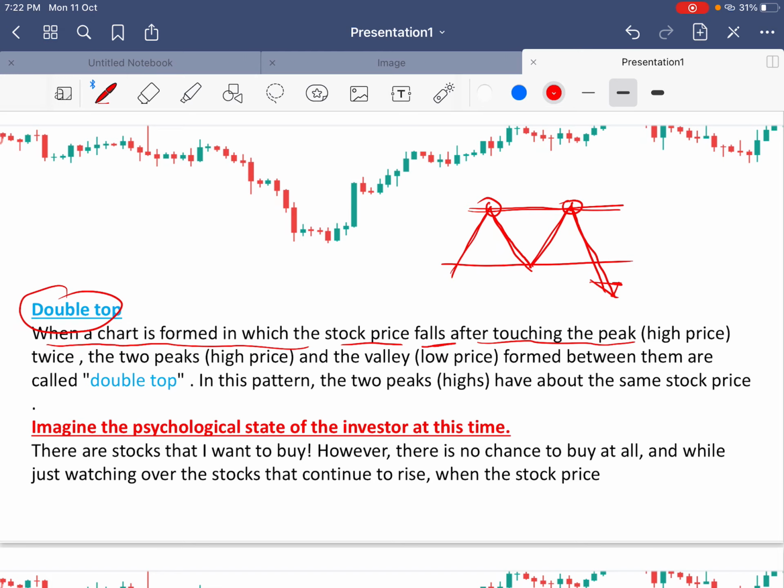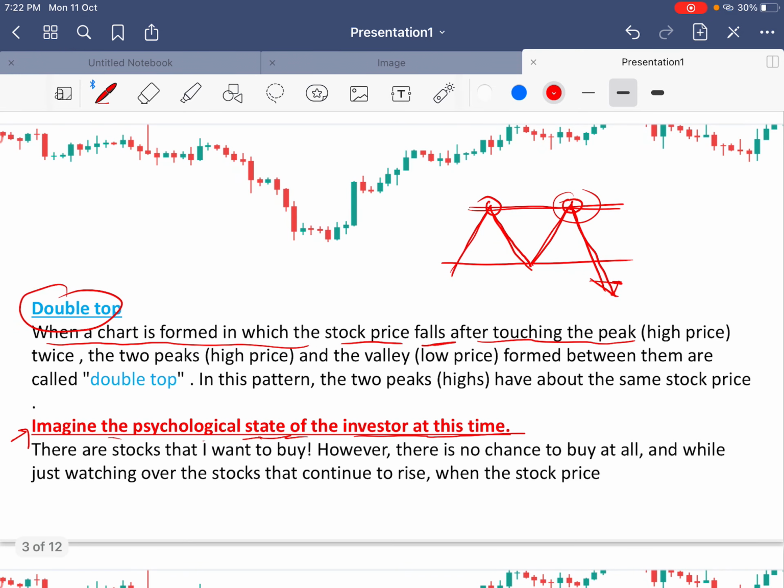What you have to remember here is, if you focus on this line, imagine the psychological state of the investor at this time. What is actually happening here? There is a stock I want to buy from here. However, there is no chance to buy at all. Either I buy it or I want to sell it here, because there is no chance that it might